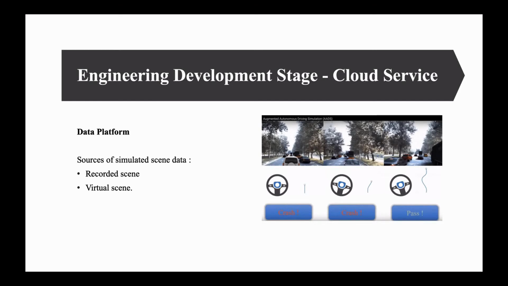There are two different sources of simulated scene data: the recorded scene and the virtual scene. The recorded scene can be used to replay the sensor data already observed in the actual road test of the car, and the visual editor can be used to create a new driving scene with the help of virtual scenes, which helps drivers quickly verify and validate the algorithm. To train machine learning models like deep learning networks, data is annotated with the tags needed, which include traffic light data, observed data with bounding boxes, and semantic segmentation data.